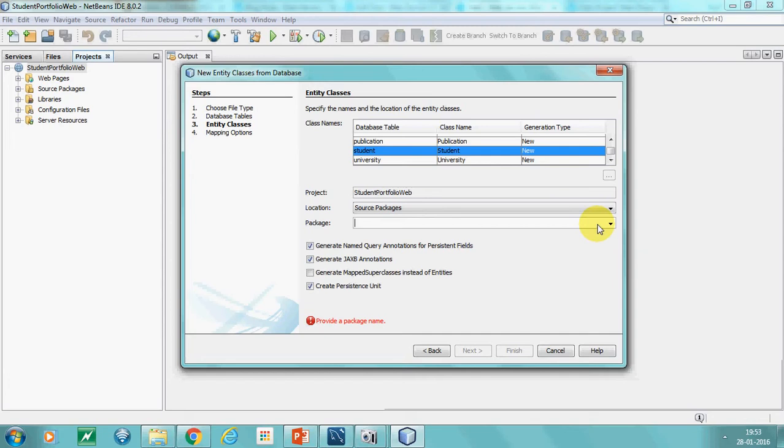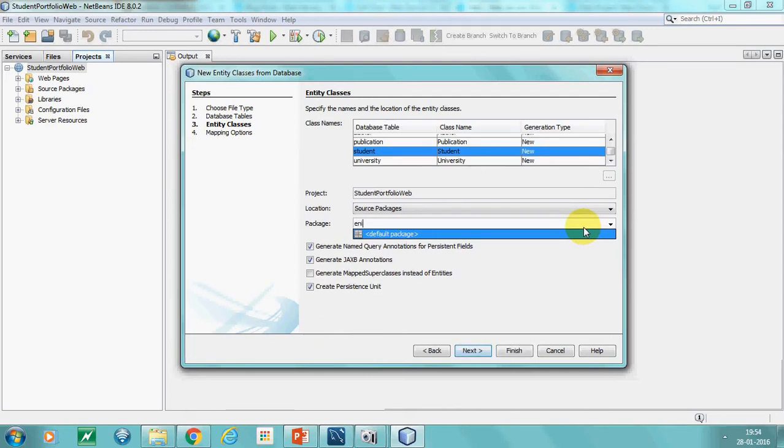I'll provide the package name here as, say, entity. Normally it is preferable to give the reverse domain name of your company or organization as the package name.